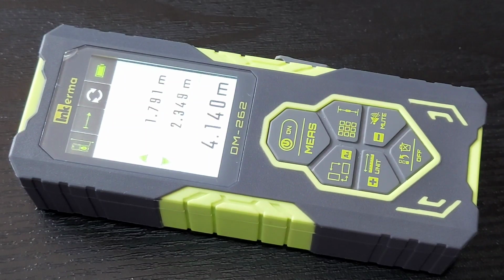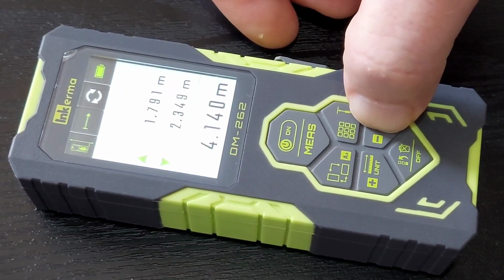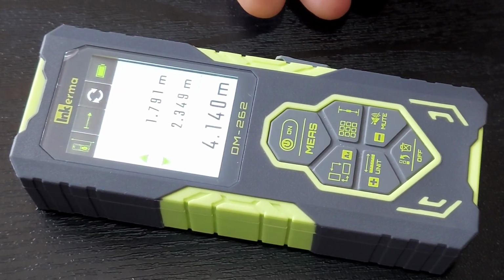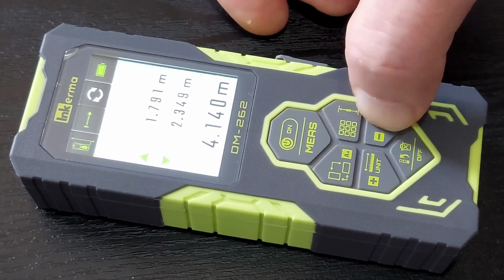Now if you don't like the beeping, like I say, you can press this one and hold it down, and that will mute the beeping. And obviously to put it back on again,